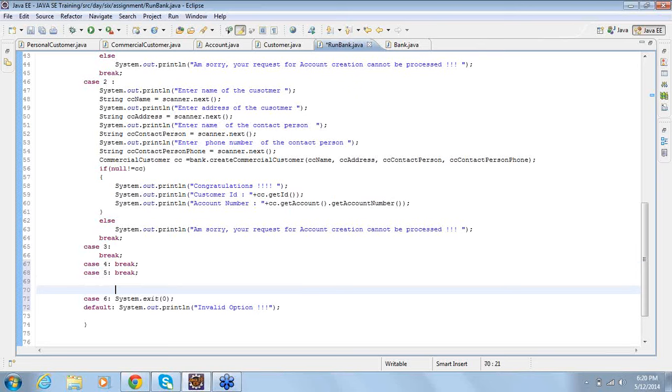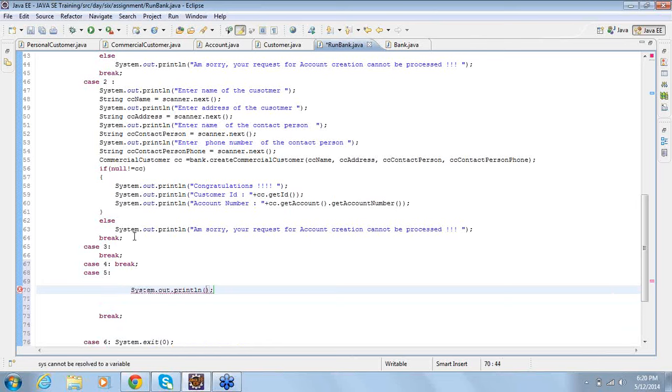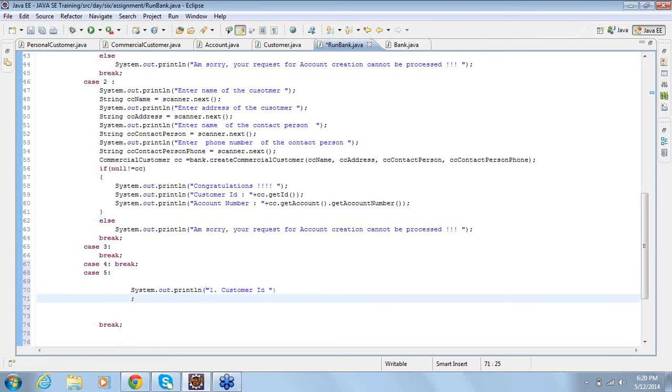Now in case 5, there are options. What do you have? Do you have a customer ID to get the customer details? Or do you have an account number?